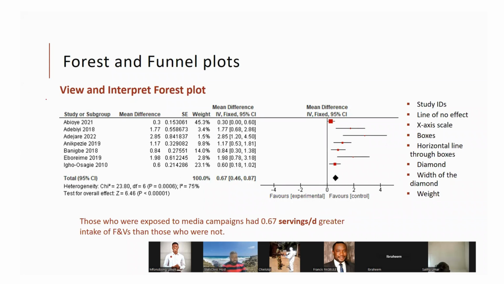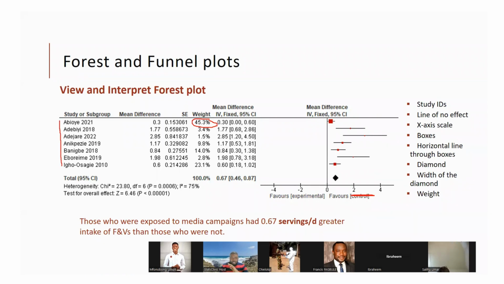Okay. Quickly from the forest plot, the diamond there shows that the result is in favor of the control, from the pooled estimate. And study number 1, the first study there, Abioye 2021, is the one with the highest weight of 45.3%. Okay. This is wrong, by the way. Remember, we had that issue last week too. It should be favors experiment. We swapped the order. But anyway,